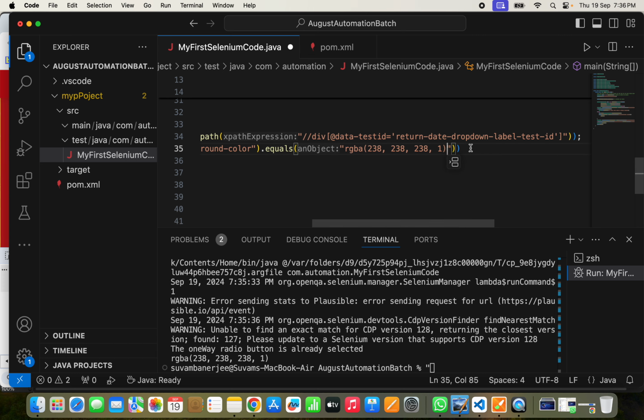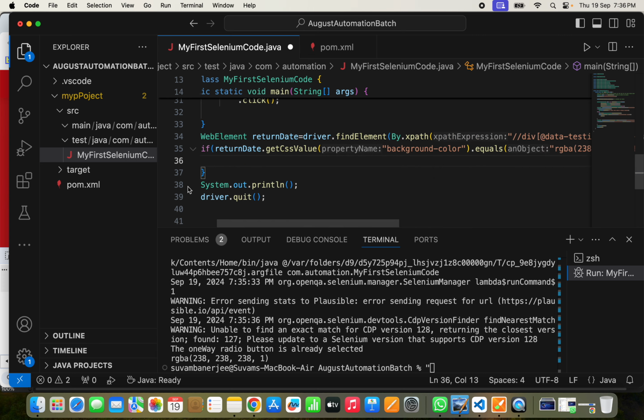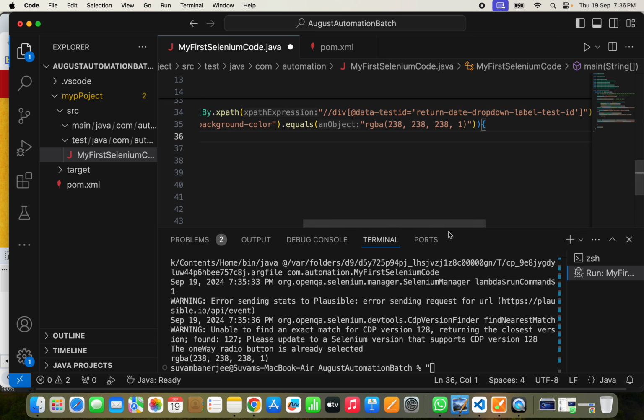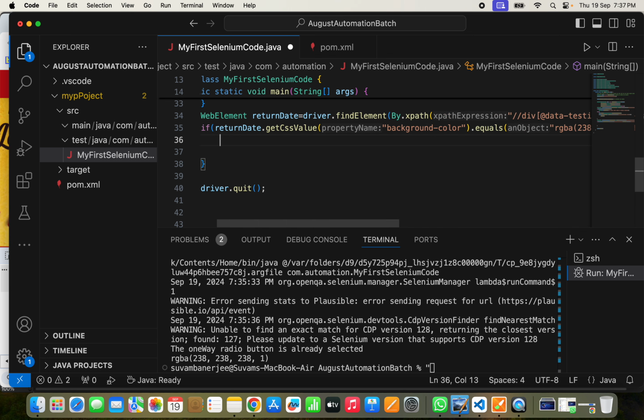If it is equal, then we'll print something: the return date is disabled, which is as expected, else